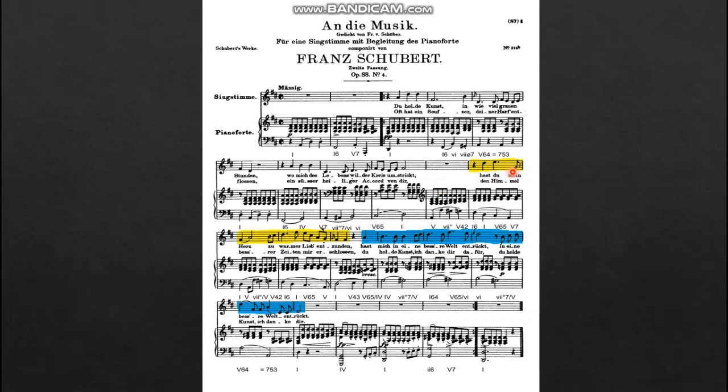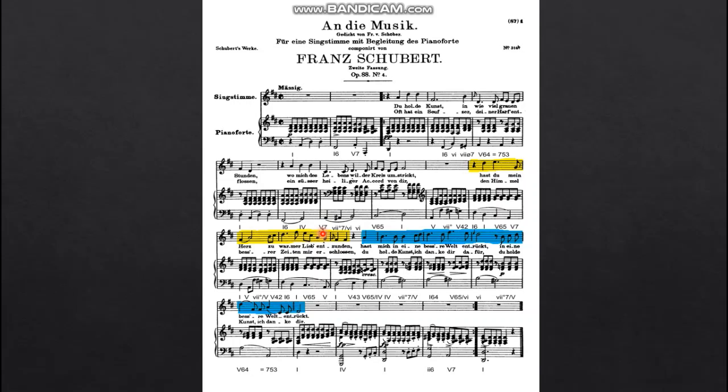But then you finally get to this yellow section right here, and the words are, "Have you ignited my heart with a more ardent love?" So when it starts using words like ignited, you'll see that's when it reaches that first mini climax that I was talking about. And then the second time around, it says, "The heaven of better times to me has opened,"